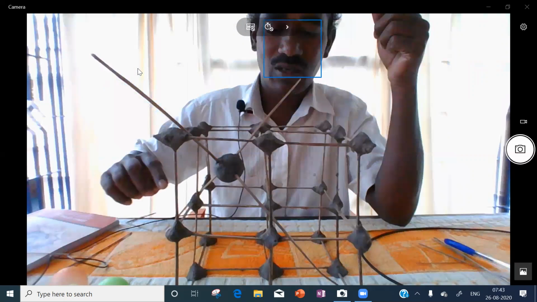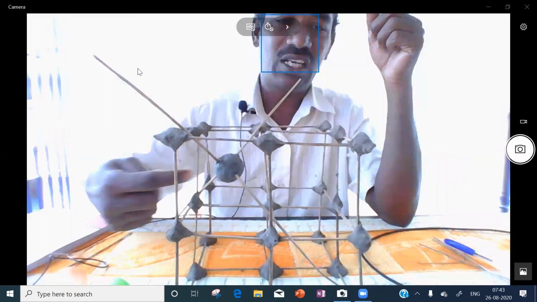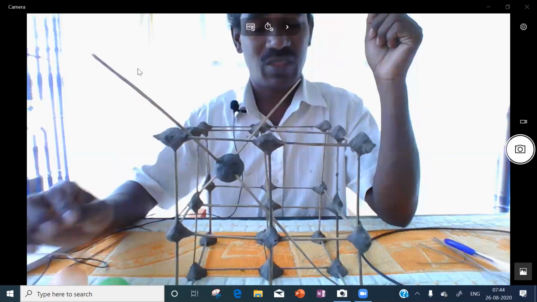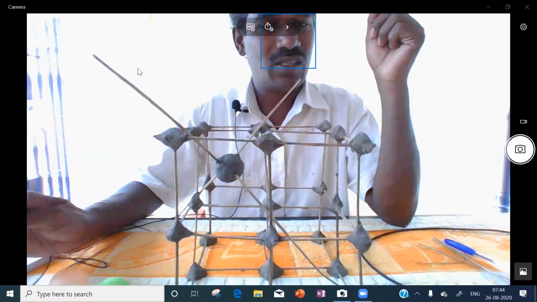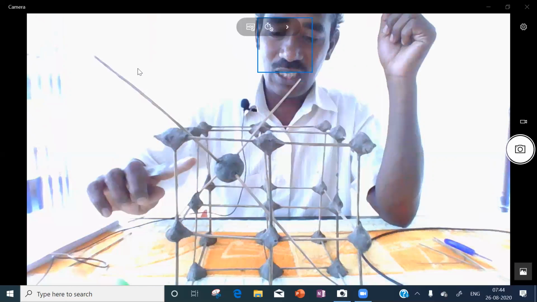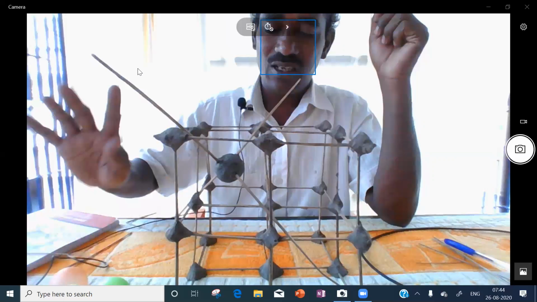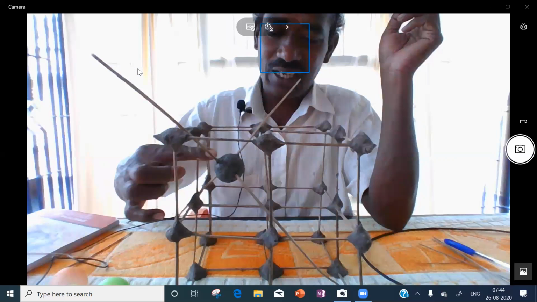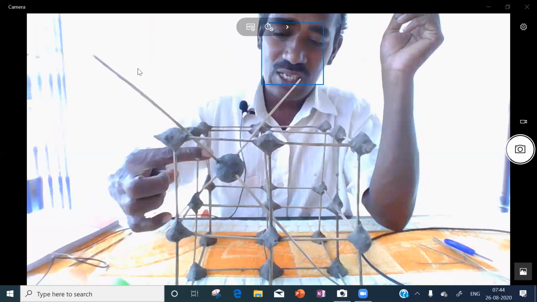First you say, is this model looking like a tetrahedron? If you say this model is looking like a tetrahedron, then what we have shown here is a tetrahedron. Then this center point in this small cube is called what?